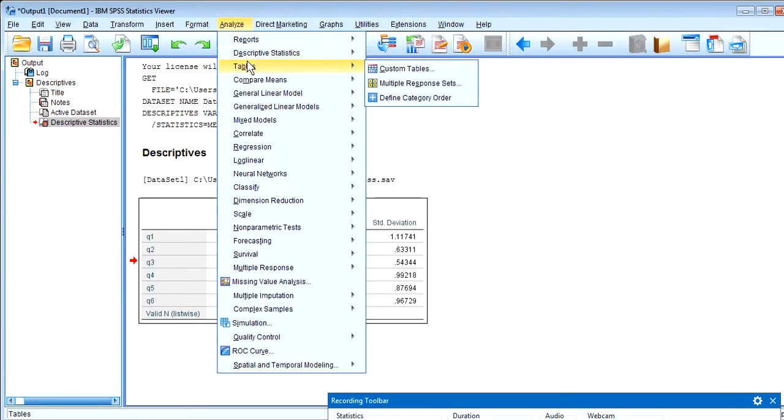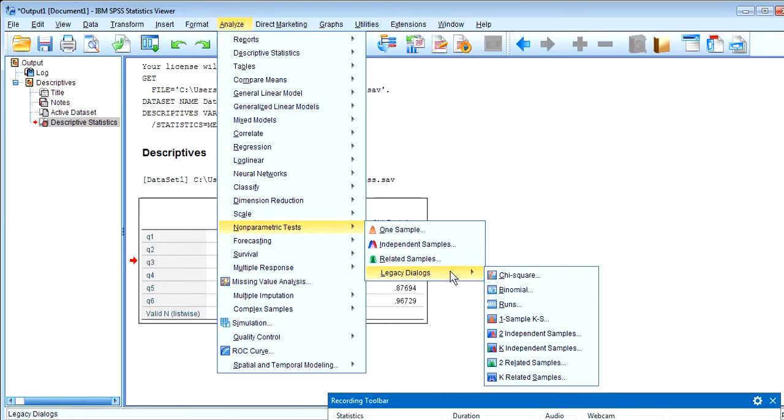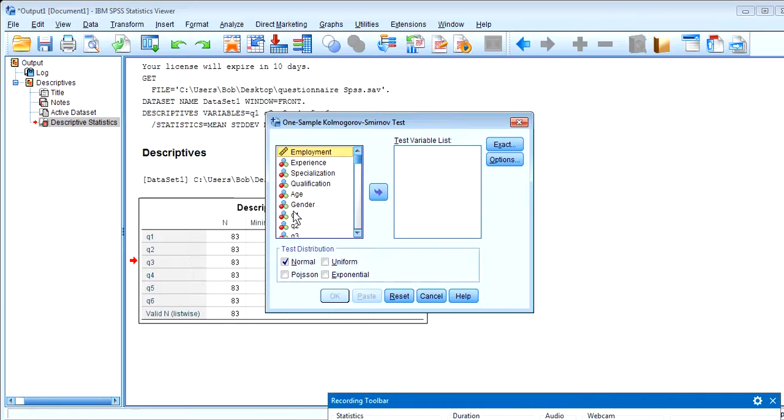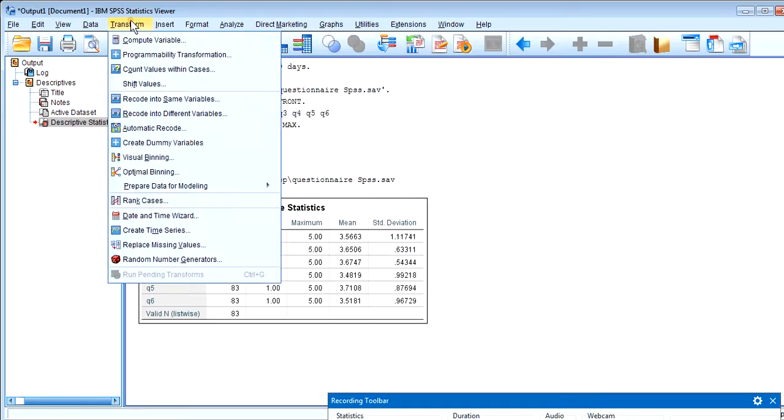Then I'm going to show how we can run the normality test. We go to analyze, then non-parametric test, then we go here and we select this option, which is the Kolmogorov-Smirnov test. So there is another step before running this test, which is to compute our variable. For example, I'm going to explain this. We go to